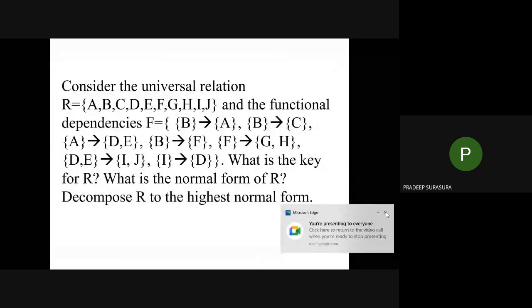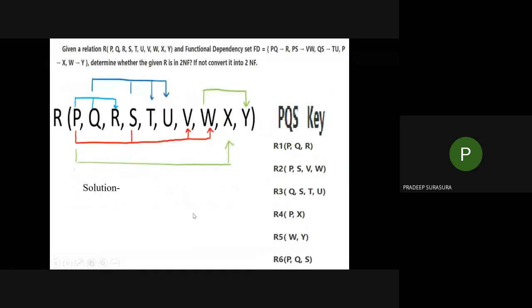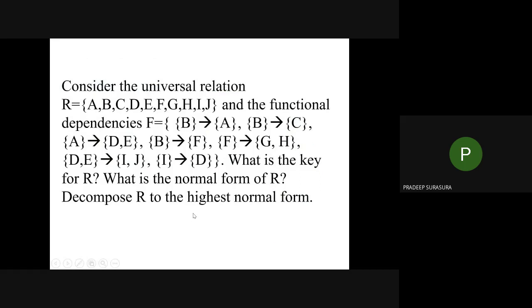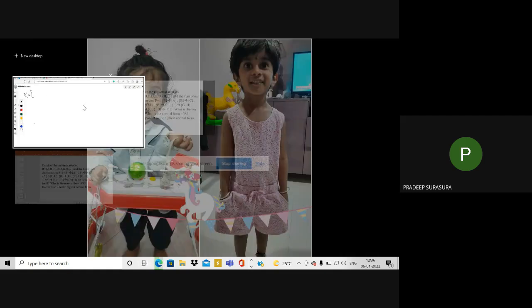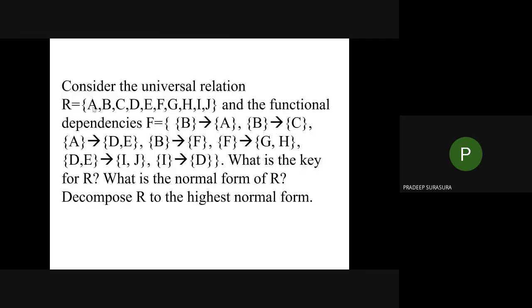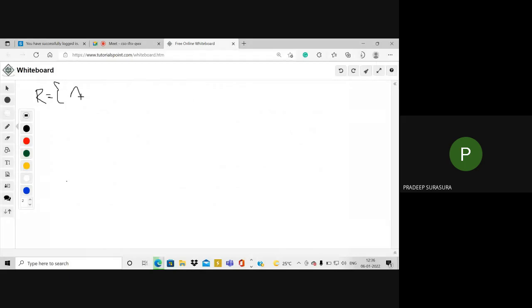This is the problem being asked in the VTU examination. So let me write this. R is equal to, sorry, R is equal to A, B, C, D, E, F,